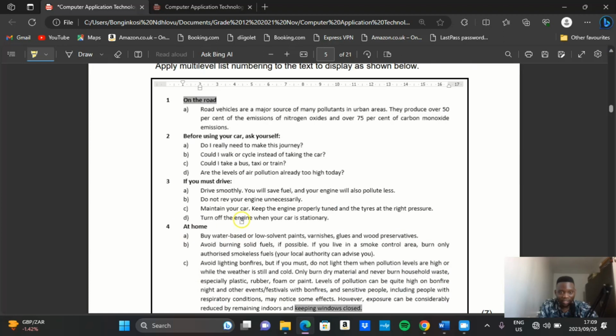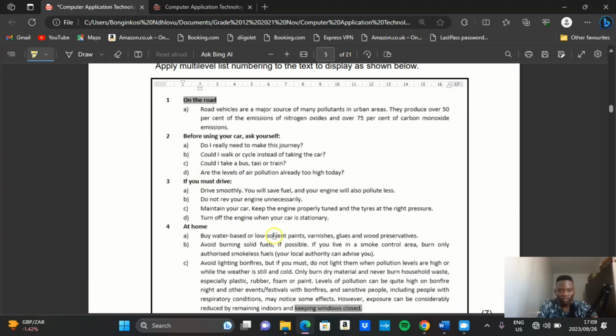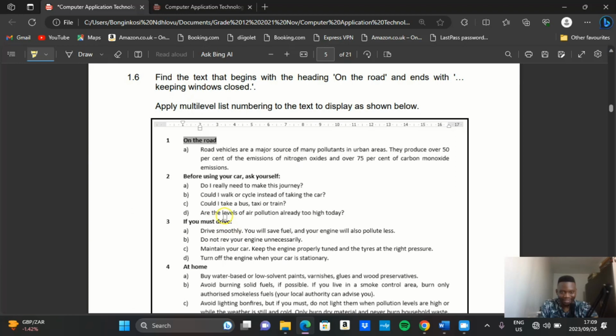So yeah, multi-level list is kind of challenging. It also challenged me in high school, but you know, with practice you get used to it. So I'll just show you the easiest way to do it. So we must apply multi-level list. So let's observe what's happening in the screenshot first before we